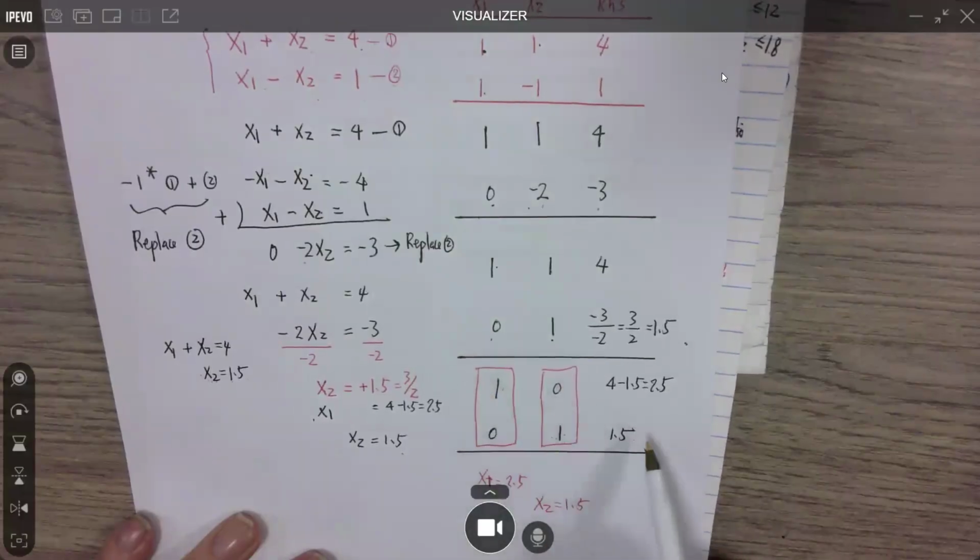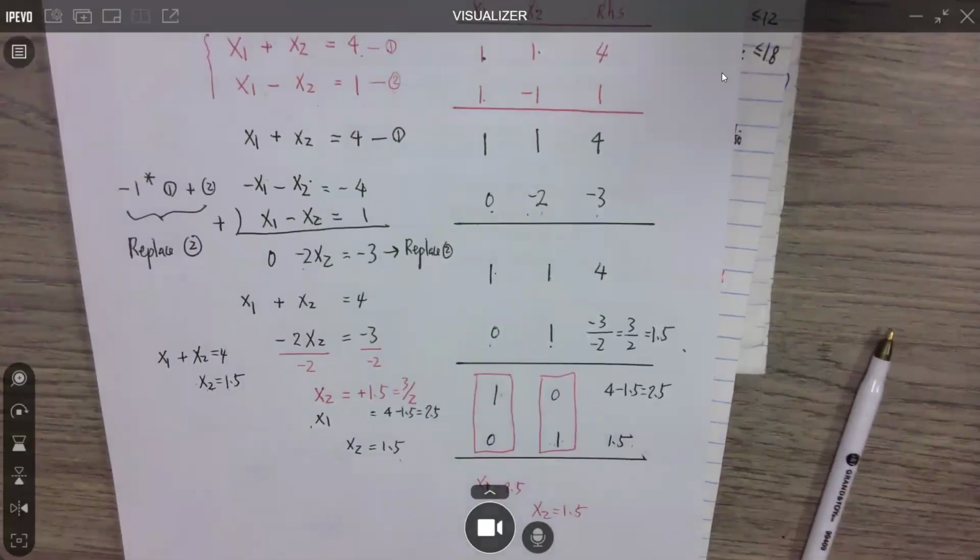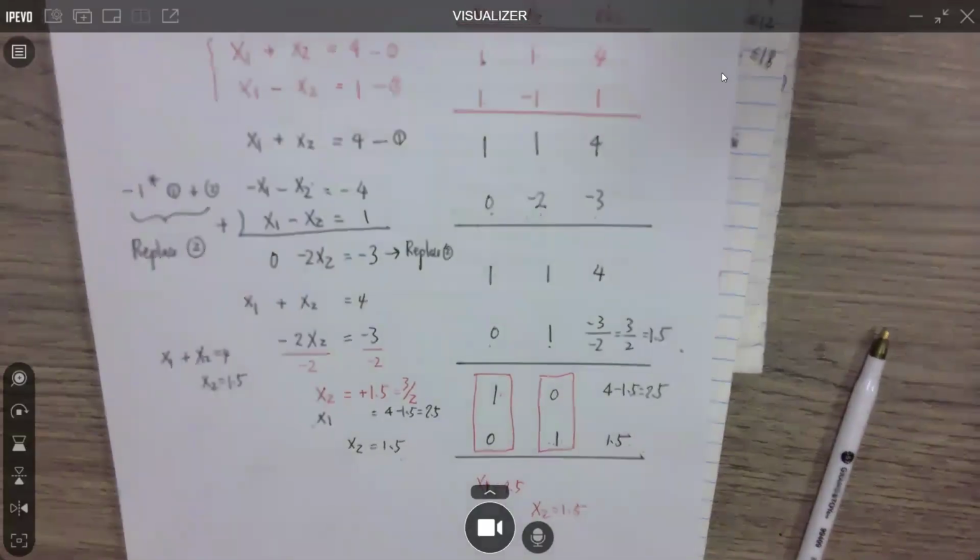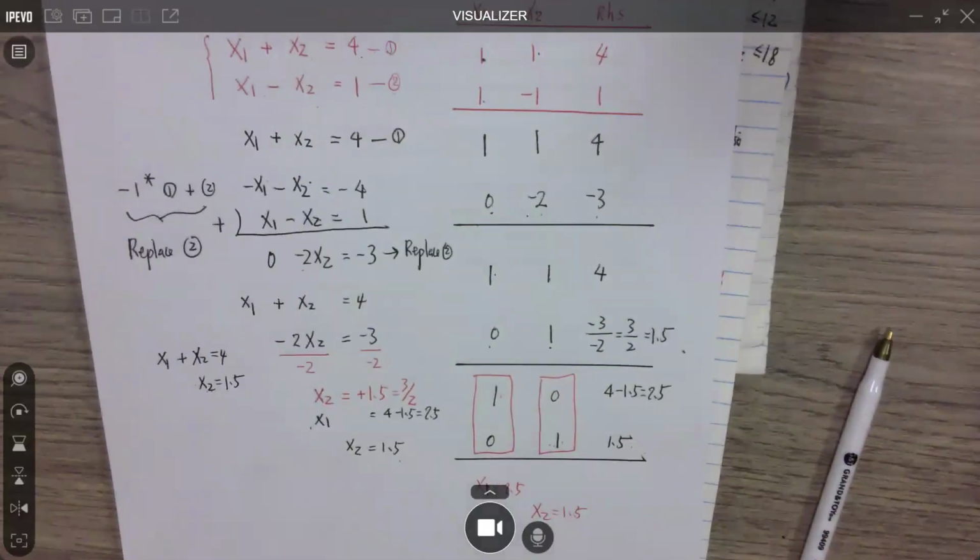That's why you keep it in this form. 这就是原因为什么要变成1001的道理。因为你弄成这个样子，x1 就是2.5，x2 就是1.5，你直接从表格就可以把答案念出来。